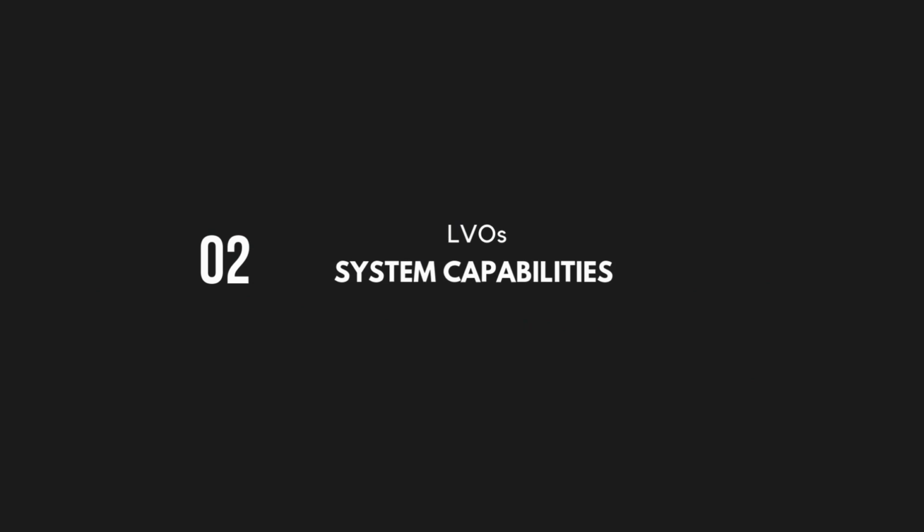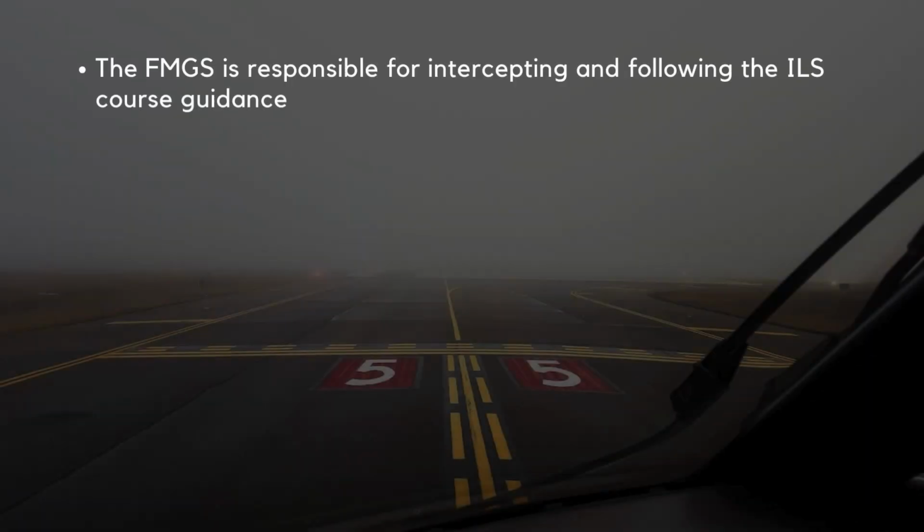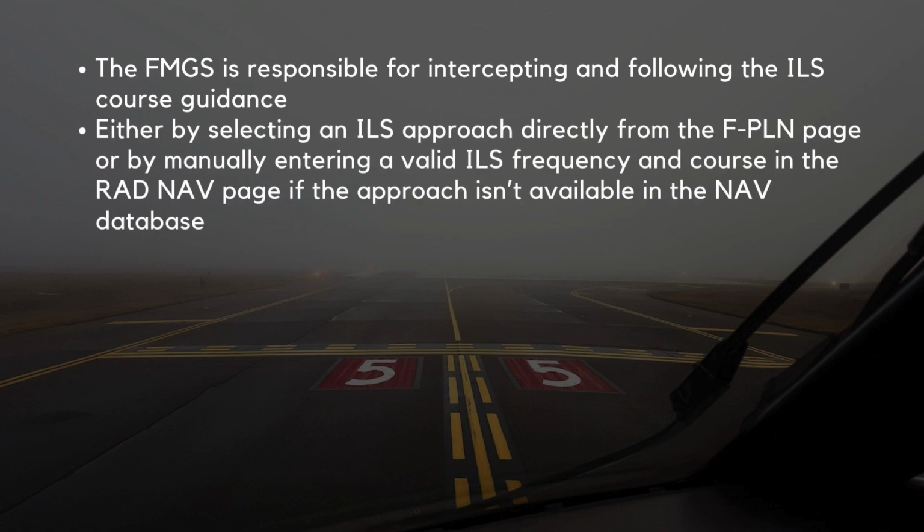Here is some additional information on the Autoland ILS approach. The Flight Management and Guidance System, FMGS, is responsible for intercepting and following the ILS course guidance. This can happen in two ways, either by selecting an ILS approach directly from the flight plan page or by manually entering a valid ILS frequency and course in the radio navigation page if the approach isn't available in the